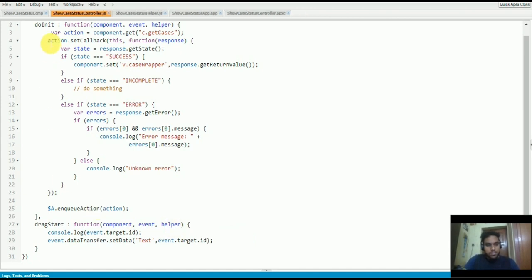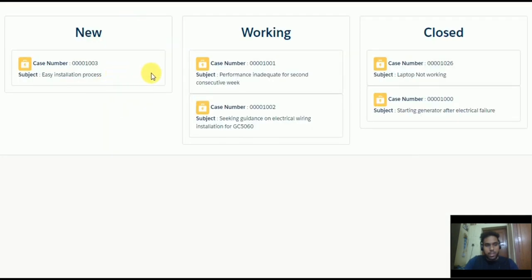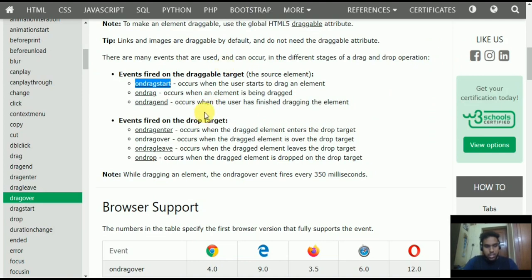Okay, so now the other thing is we have made the div draggable, and now we have to focus on the drop function. If I want to drop this case to working status, I need to fire some event on drop as well. We have two things here.